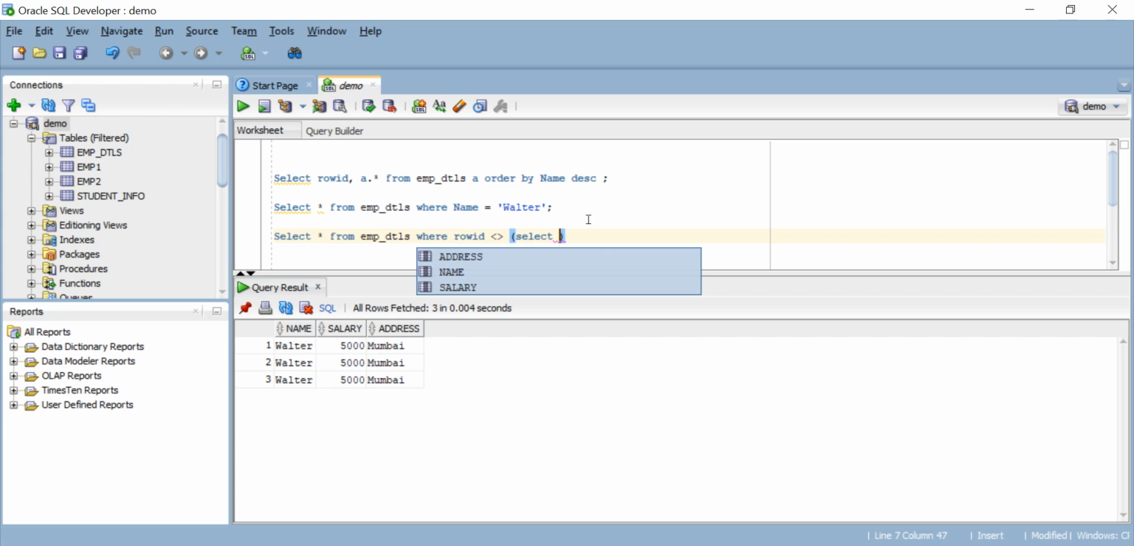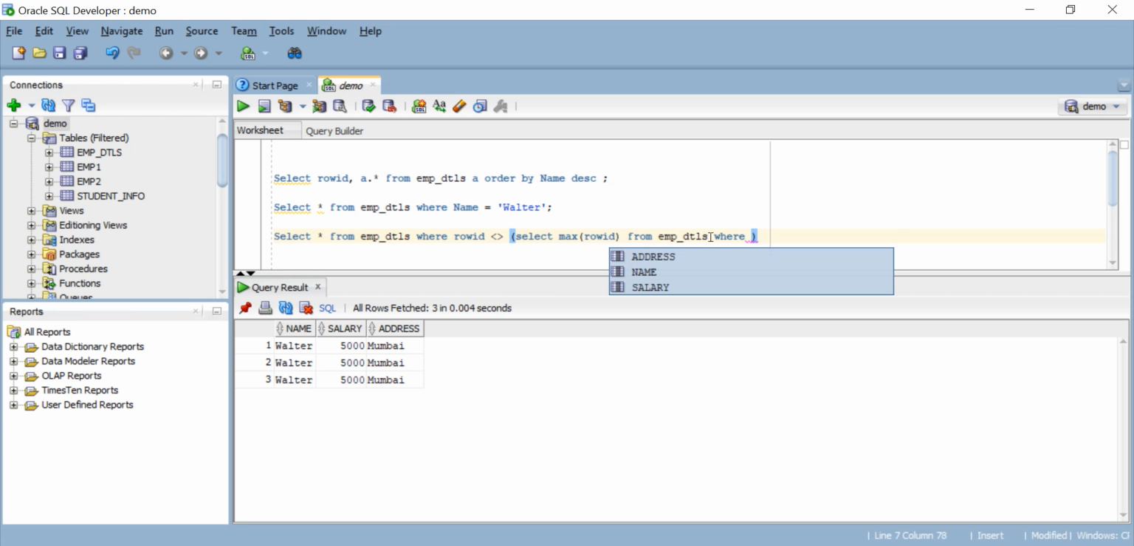So let's take a max row ID from employee details, where now here we need to provide some condition wherever we are having duplicates. E2. Now if you see, we are selecting star from employee details E1 where E1 dot row ID